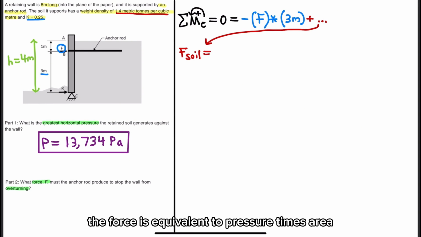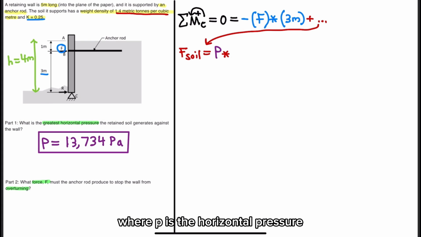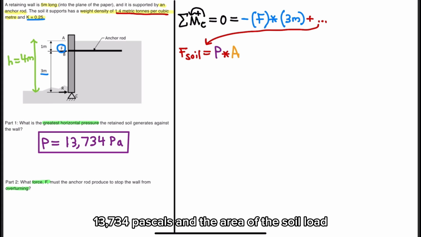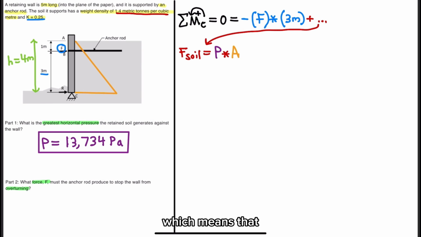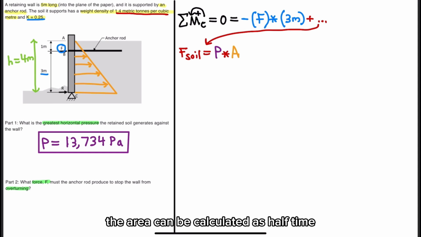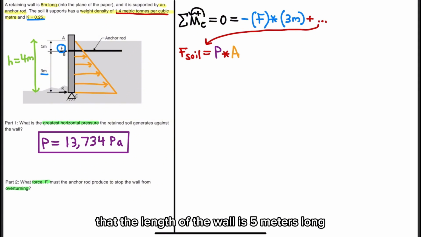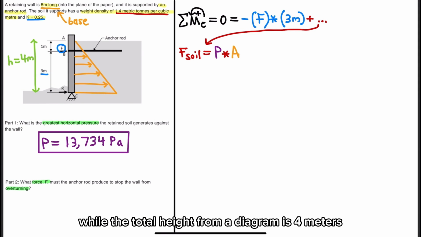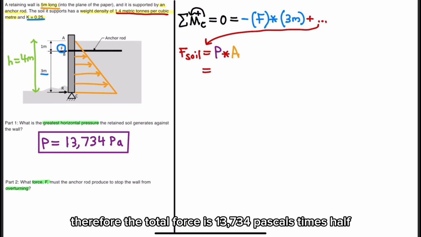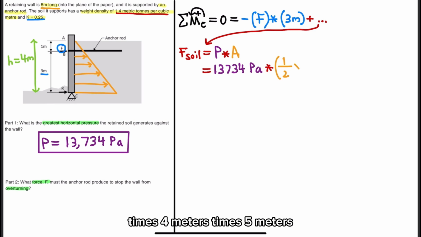The force is equivalent to pressure times area, where P is the horizontal pressure, 13,734 pascals, and the soil load creates a triangular distribution, which means that the area can be calculated as half times base times height. We were given in the question that the length of the wall is 5 meters long, while the total height from the diagram is 4 meters. Therefore, the total force is 13,734 pascals times half times 4 meters times 5 meters, which is